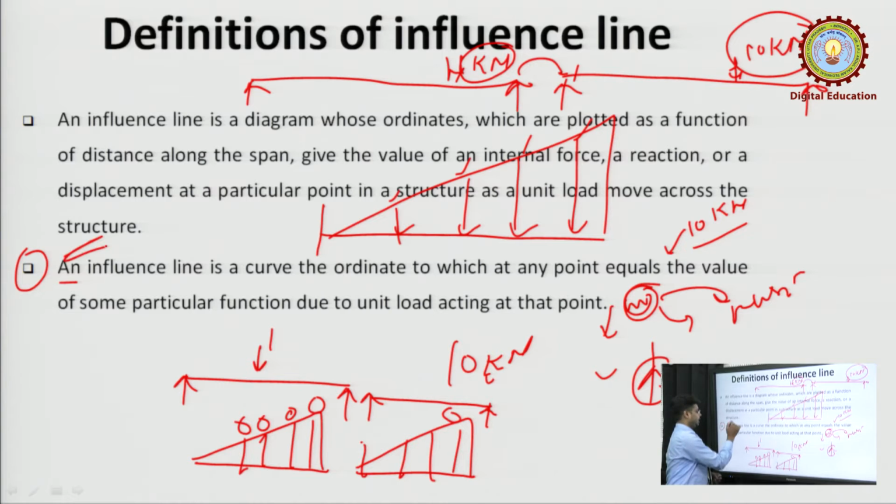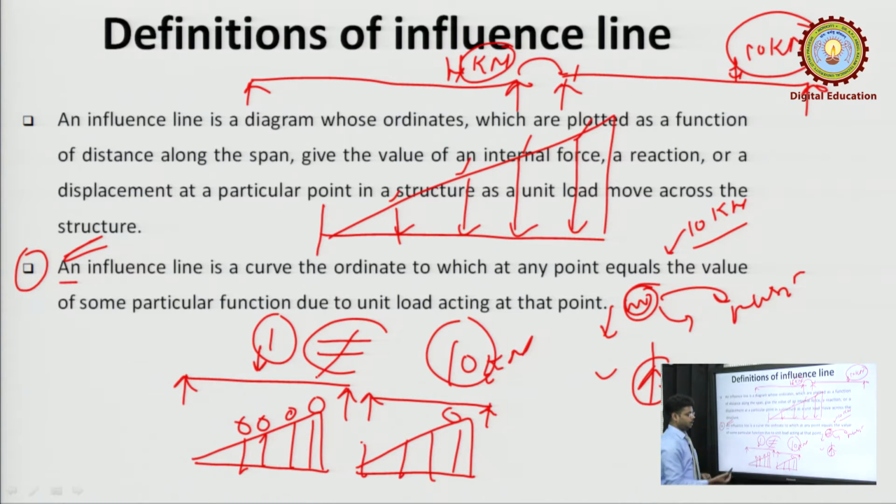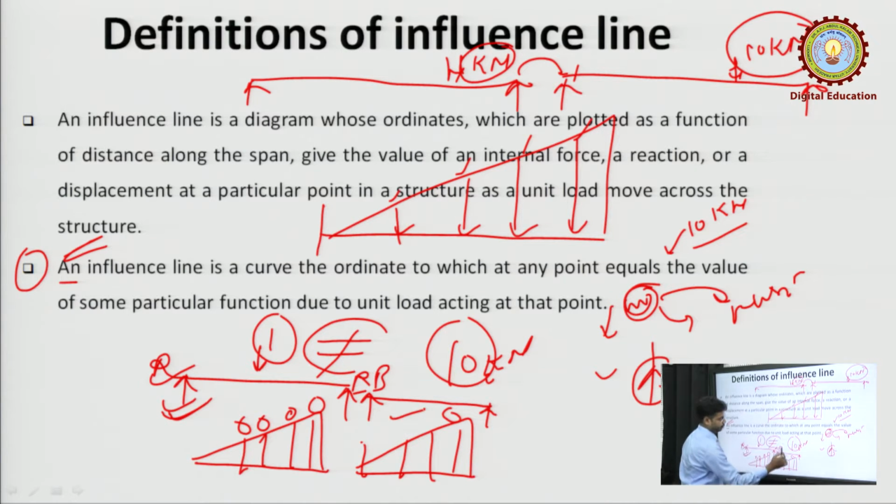The second statement tells us the same ordinates will come even if the loads change. If the loads are different, not equal, but we have to draw the influence line diagram for the same beam, the beam should be determinate and the supports should be two. If we have two supports on both beams and both are determinate, then the ordinates will always be equal.